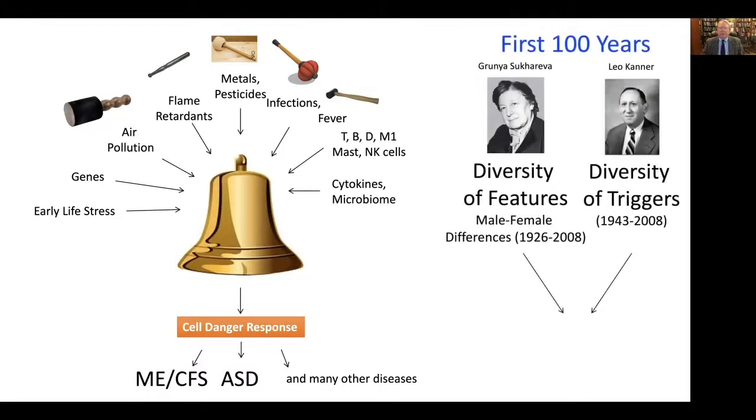So over the last 100 years, we have really focused on the diversity of triggers, when I would say that the new chapter that we're opening up is really revealing the shared cellular response. So Grunya Sukhareva was the first person to actually publish a description of autism spectrum disorder